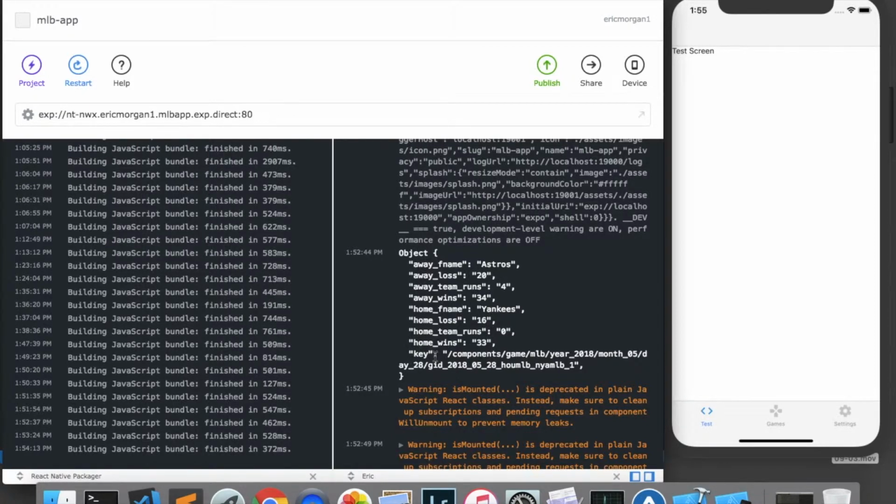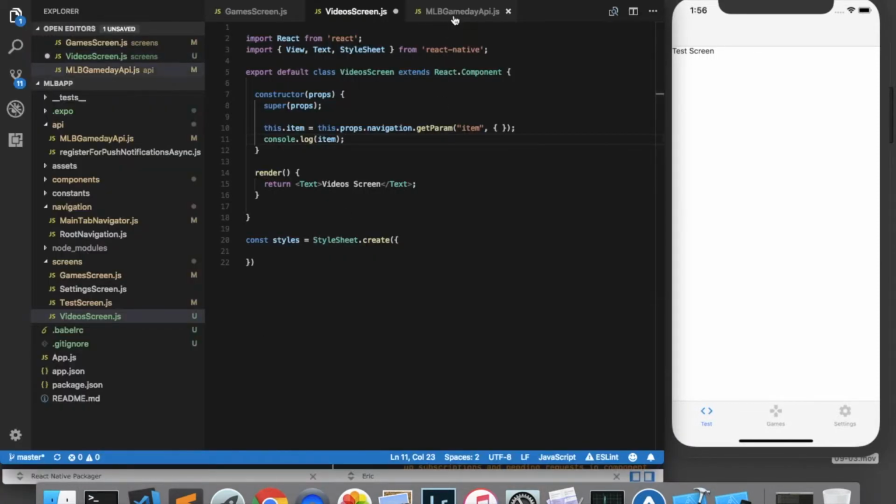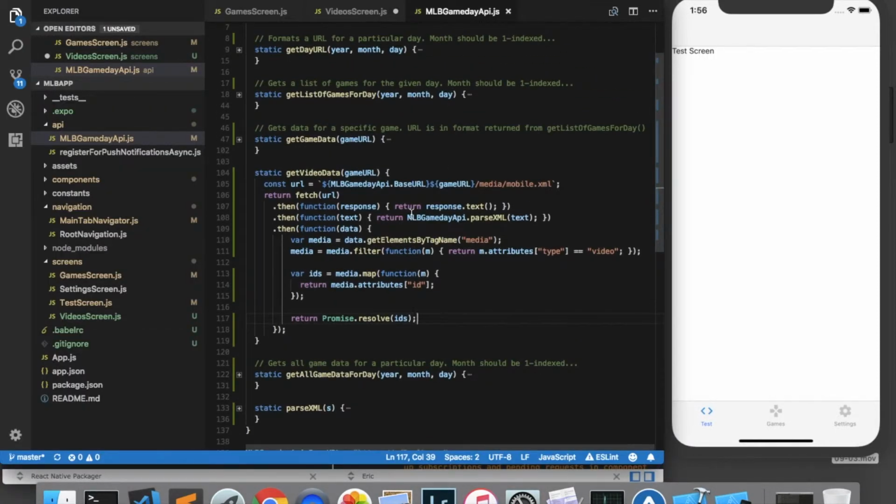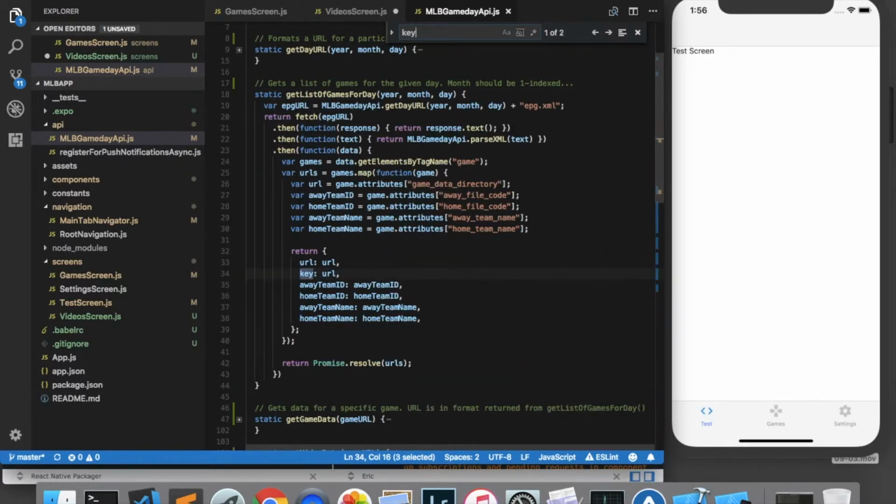We have the key, which happens to be the same as the game URL, but we don't want to rely on that because in the future we may change our key. So we're going to need to update this information to also include the URL so that we can access it in our video screen. So we're going to go back to the API and find where we